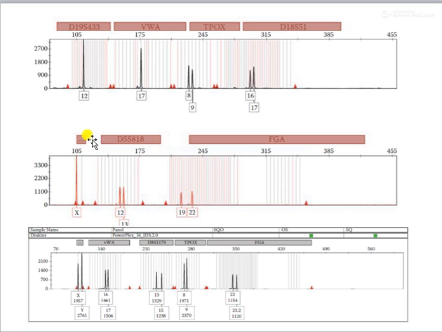And in the same way, you can also use the STR loci associated with the X chromosome. Now you can see here, for X, there is only one peak. So this is a female's sample. But if you look here, you can see that there are two peaks associated with the sex chromosomes, so you can see there is one X and one Y. So it indicates that it is a male sample. So using a DNA profile itself, you can find out what the alleles are associated with the different STR loci. And the total repeats of that could also be carried out.